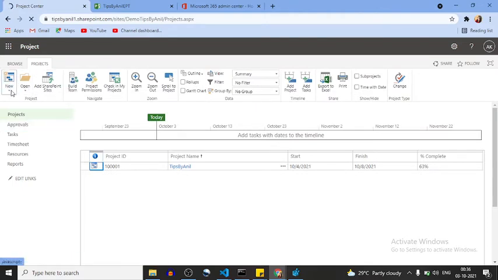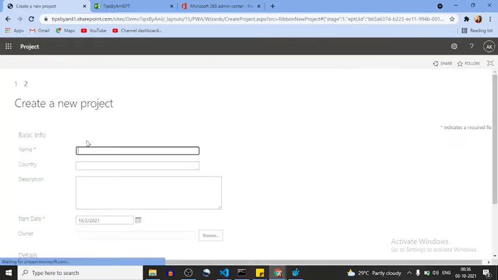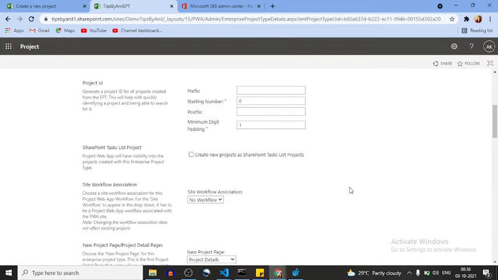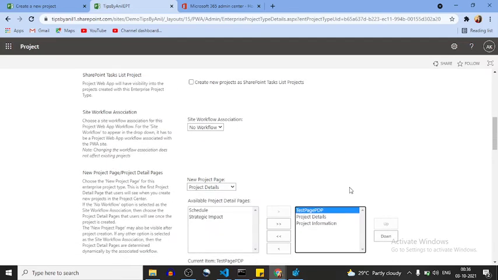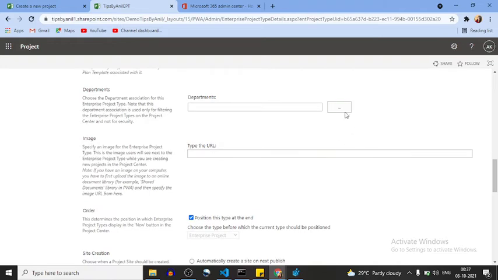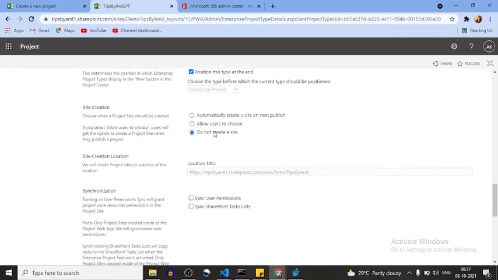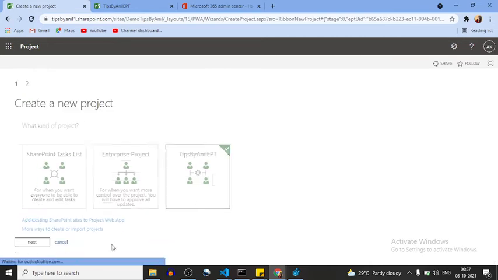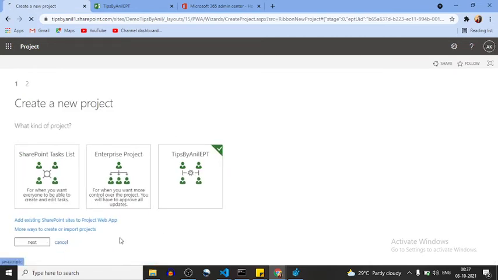Go here, tips by Anil. Now you can see the option, and from here you can create the project, but the configuration is not completed yet. Okay, configuration we have to do a little bit now. This is the department we have discussed. Site creation, do not create a site, means this project, if you will see here, back, cancel,